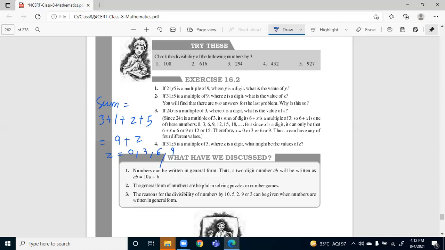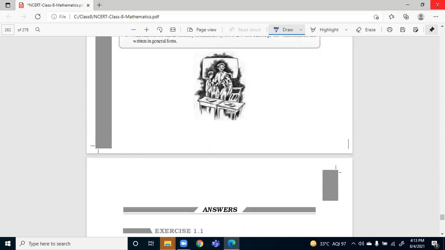Ma'am, in our school, we have started with percentage. Okay, that is a difficult chapter and you need thorough practice. Not much difficult, but it needs understanding. So what is going on at your school, Anmol? Ma'am, we are doing cube and cube roots. Cube and cube roots we have already done. Okay, no problem. So let's start percentage then, if both of you agree.